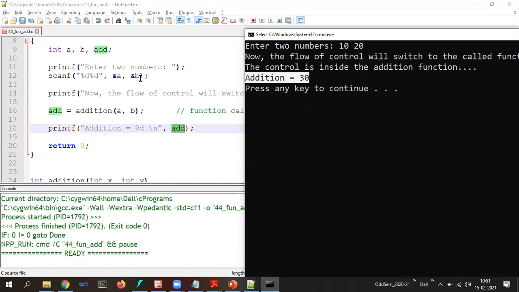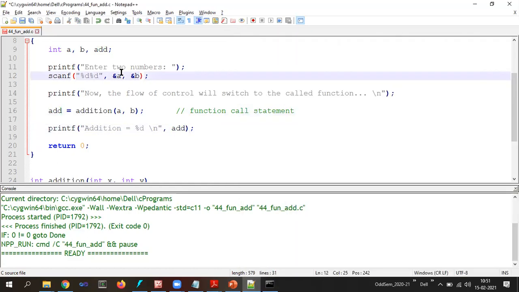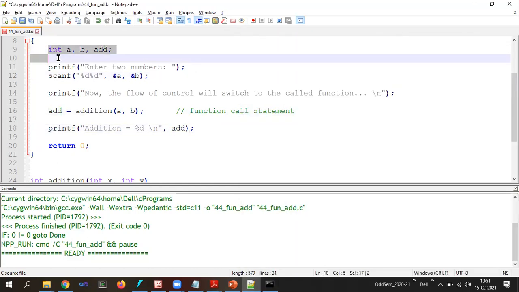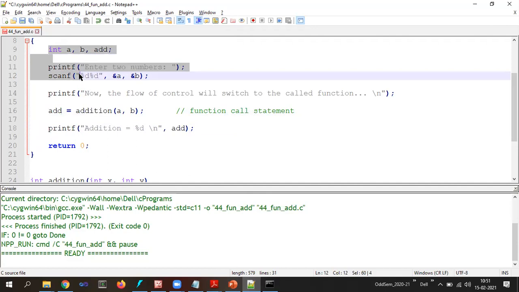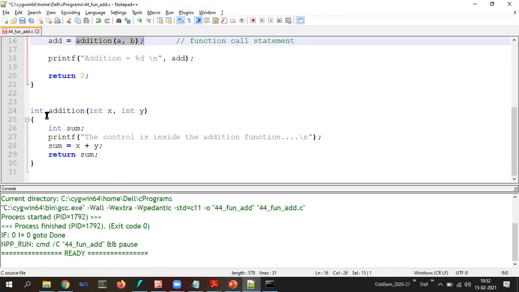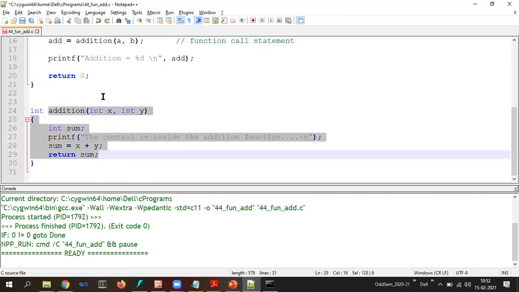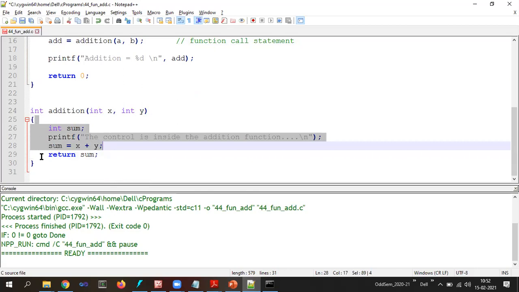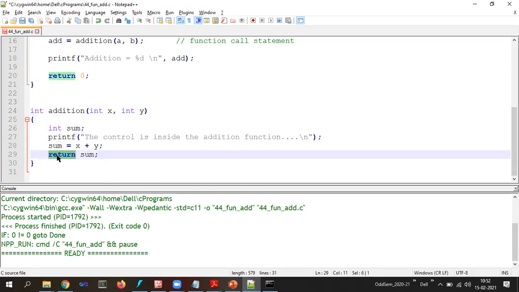Now if you look back at the flow of execution, how did it happen? It started from the calling function and it switches to the called function exactly when the function call statement is executed. Once the function call statement is executed, control will switch to the called function, that is the actual definition of the function, and all these statements will get executed until it encounters the return statement.